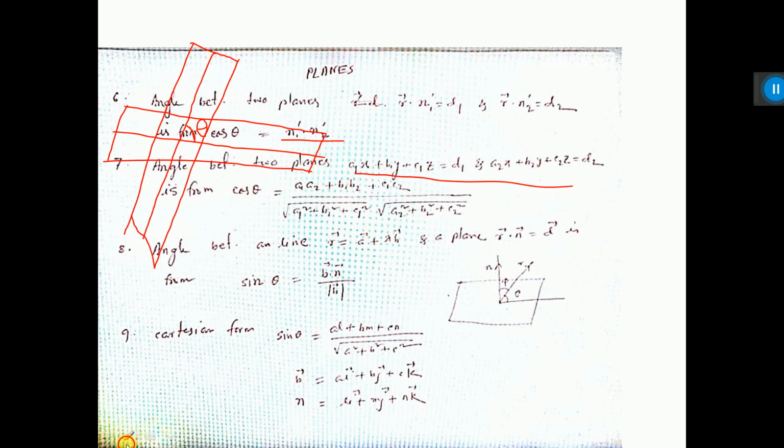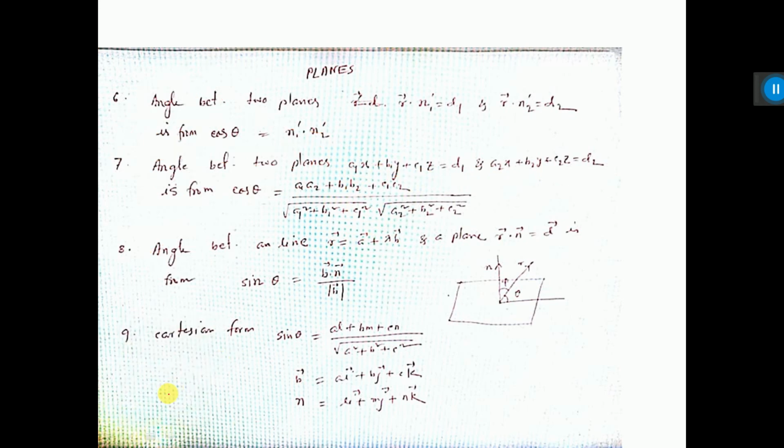Actually, if you remember only one, then after converting, let's say you are learning the vector equation formula only, then the Cartesian equation you convert to vector, then find the angle. But in that case the sum will be very long, so if you learn both the formulas, then whatever is given in the question you can do in that way.